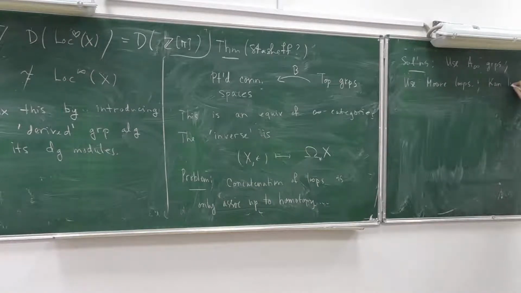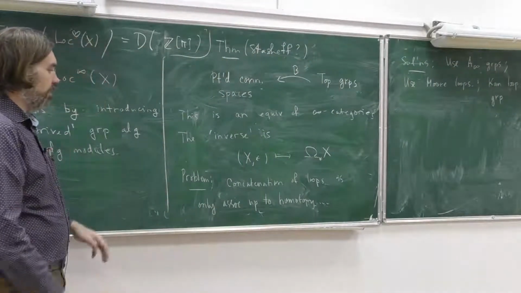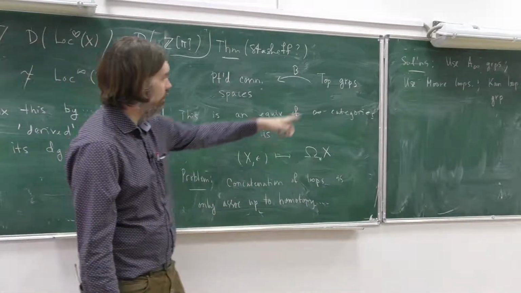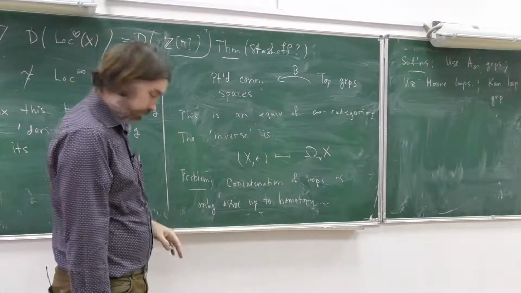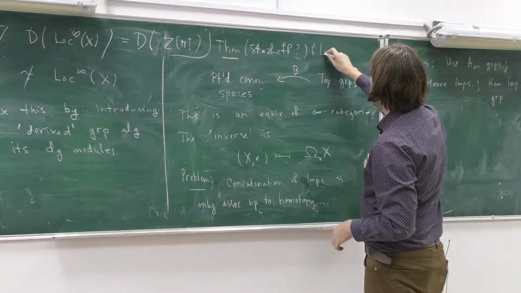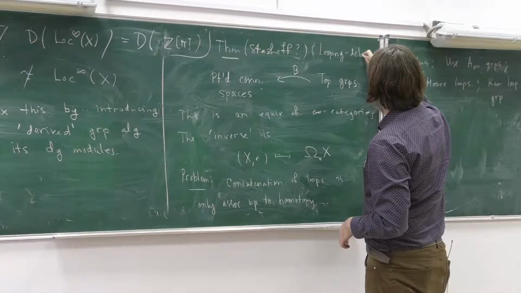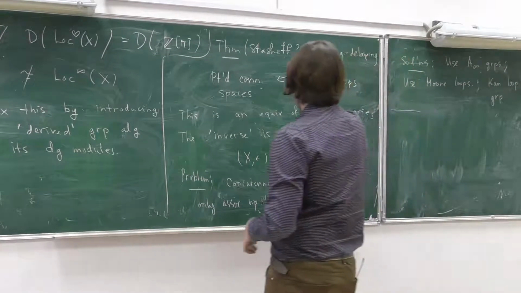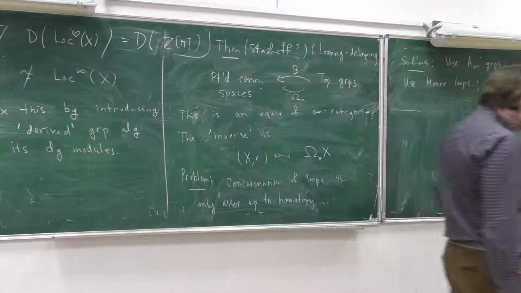So I think probably they do this in the book of Goerss and Jardine. I think they probably proved this theorem in the simplicial setting. So one way or the other, either using some fancy infinity machinery or zigzags of equivalences with different models, you can prove this theorem. So let me give this a name. I think topologists call it looping delooping. So this one is looping, and then the classifying space gets called delooping.